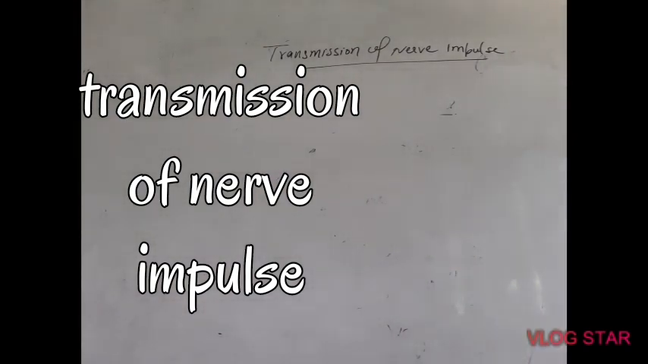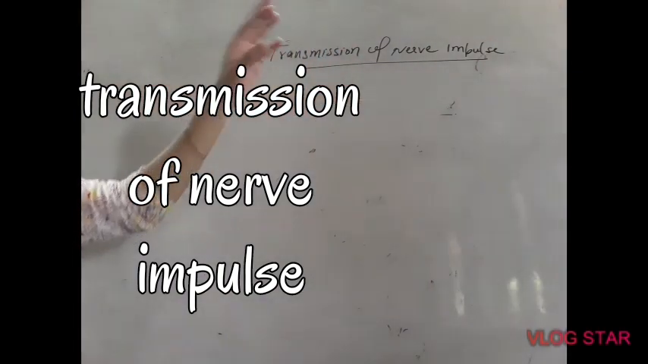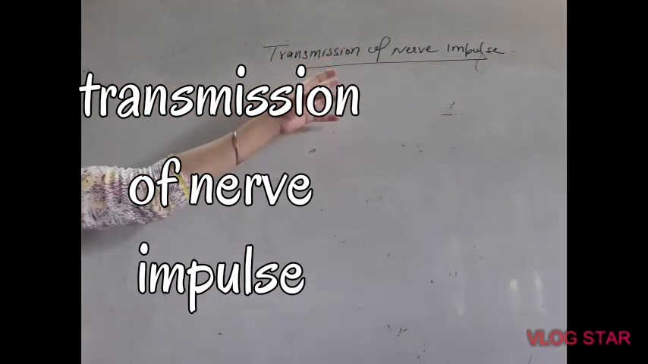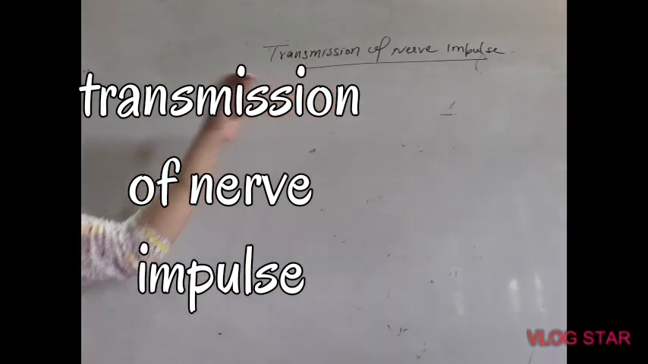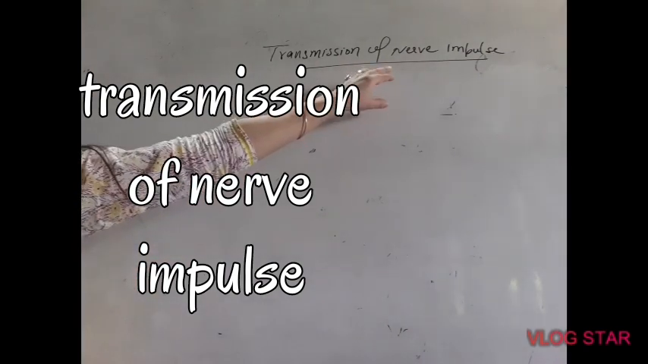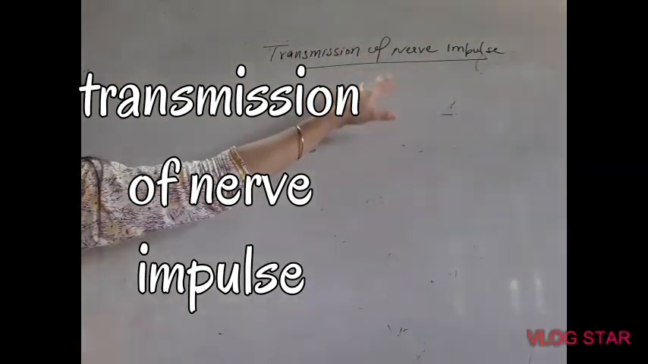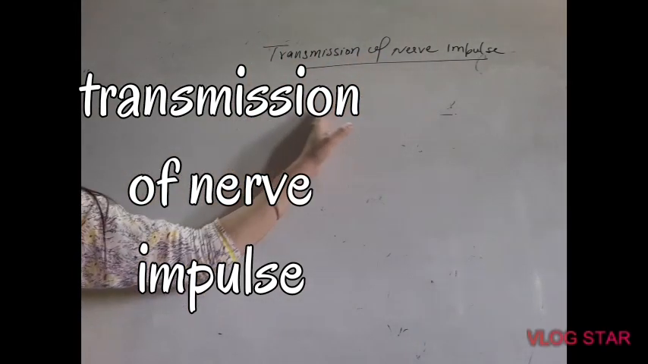Today's topic is transmission of nerve impulse. So let us study nerve impulse first. What is nerve impulse? It is actually a stimulus which is received by the neurons with the help of our five sense organs. So whenever neurons receive any stimulus with the help of sense organ, that stimulus travels through the